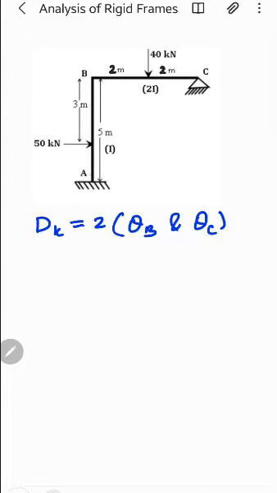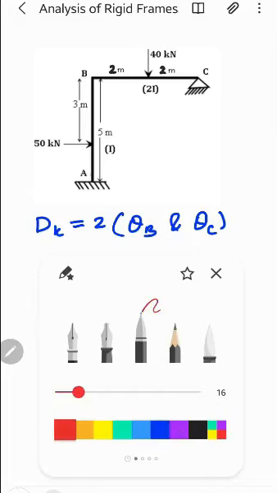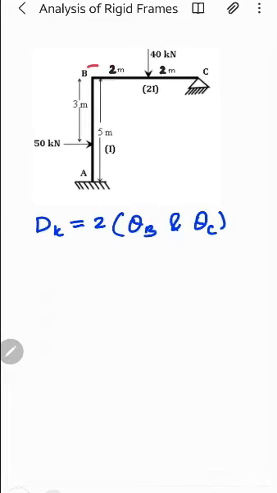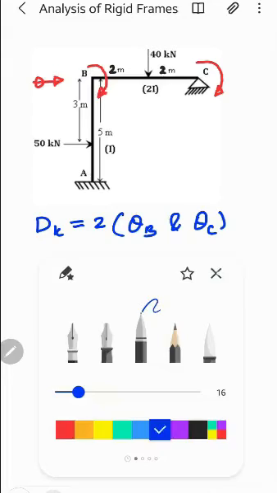See, joint A is fixed, so you don't have any deformation here. Joint B is the intermediate joint, so you have a rotation at B. And at joint C, as it is hinged, you have a rotation at C also. But the axial deformation at B and C, which is sway, is 0 here. Why is it 0? Because you have a reaction here,